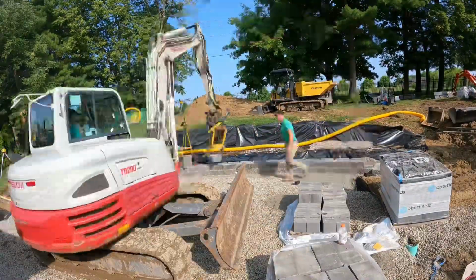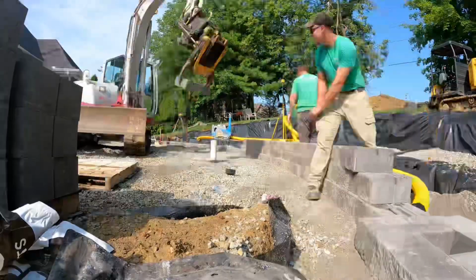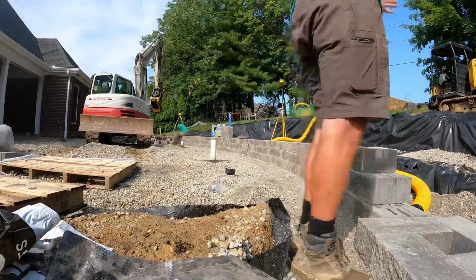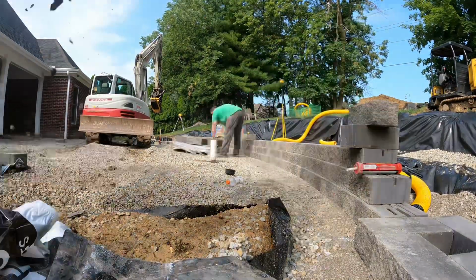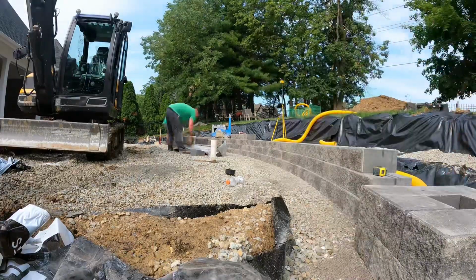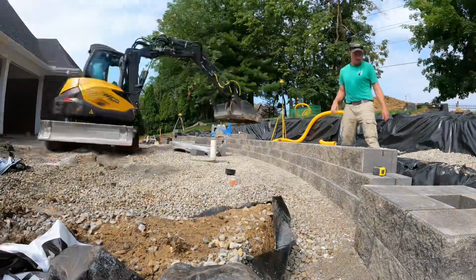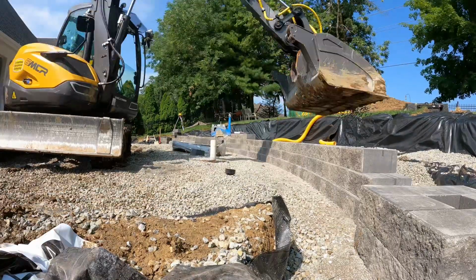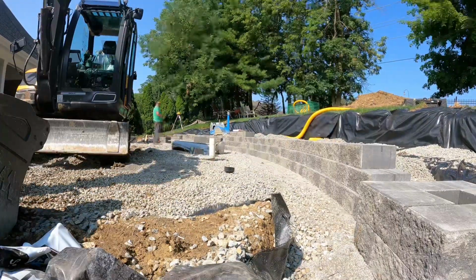Now we're stacking the remaining courses, just throw them right up there with the excavator. Really easy with that Engcon grab. Just throwing them on, stacking block, pinning each row of block. Right there, we're gluing up the column. That just goes straight up plumb, whereas the wall has batter, and it's about, I think, a 3/4 inch